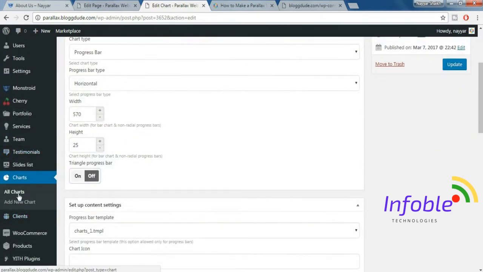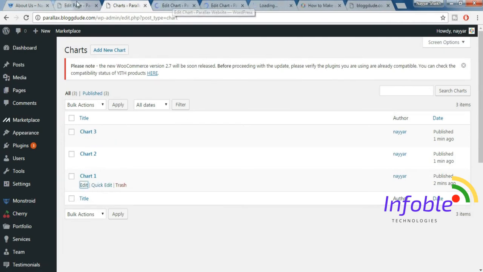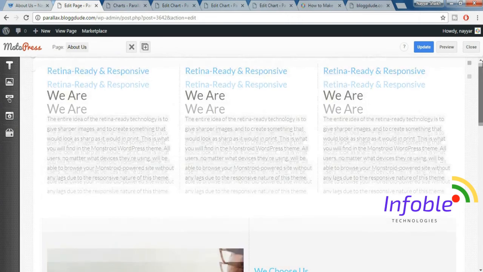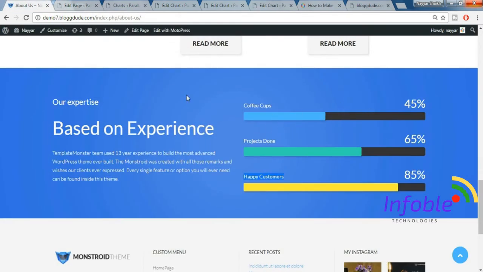Now from here click on all charts, as you can see under charts. So click on all charts, open these charts in a new tab, all these 3 charts in 3 different tabs, because we want their short codes. Now come back to your page, the about us page which you are creating, update this page and refresh the page. Now we have to add these charts over here, so